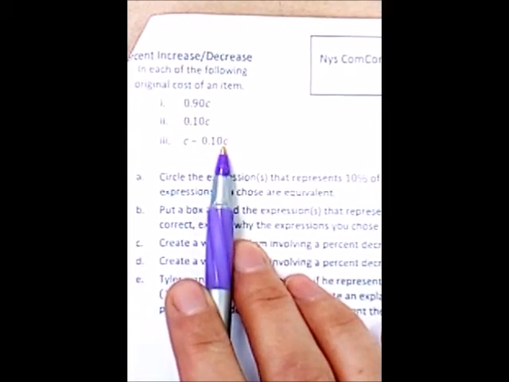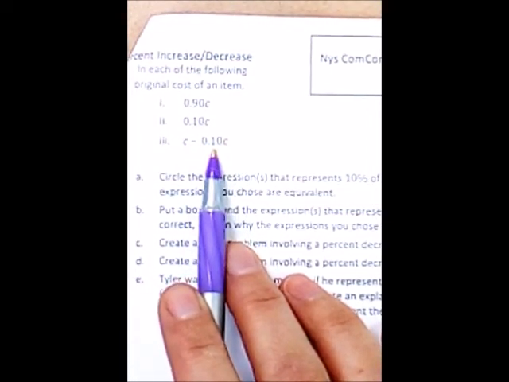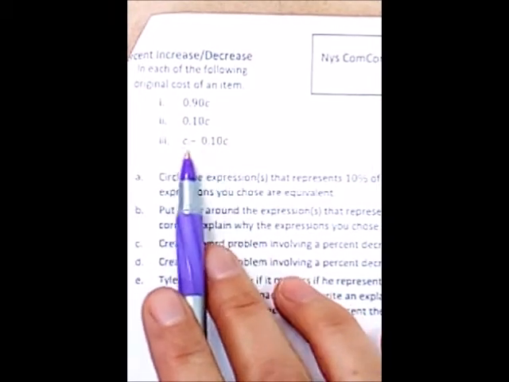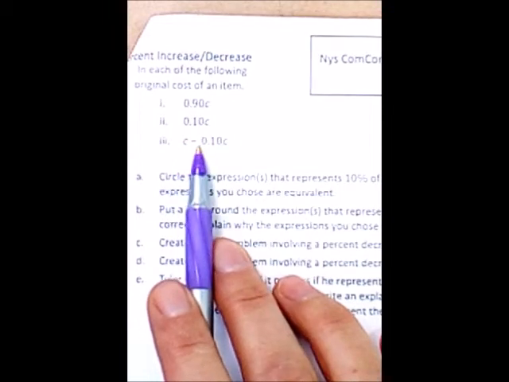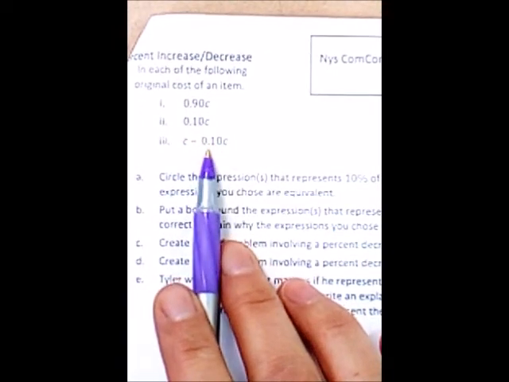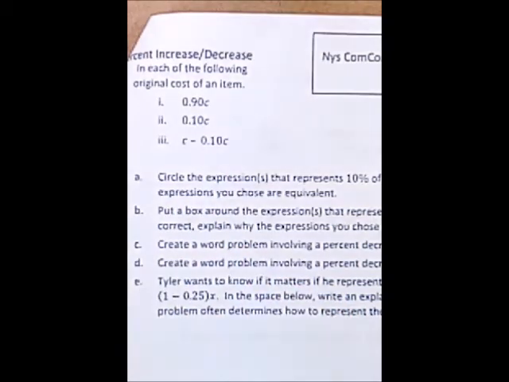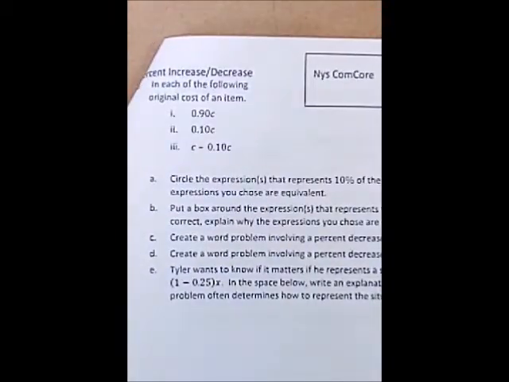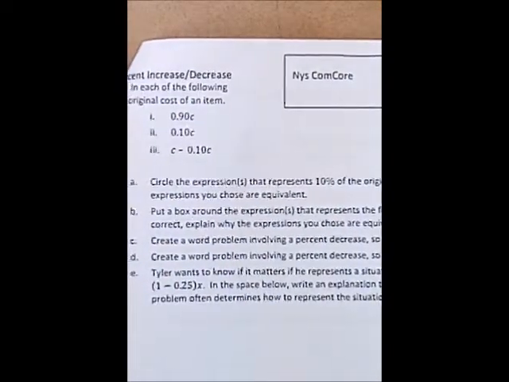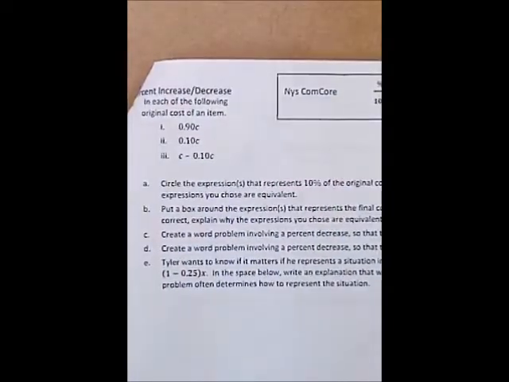What I want you to do right now is on a sheet of paper or a whiteboard, show me with a picture of a cookie. Show me a cookie taking away a tenth of the cookie. Draw that for me and show it to me. Pause the video so that when you're ready you can move on to the next section. Now I want you to, after you've shown me that cookie minus 10% or cookie minus 0.10, because 10% and 0.10 are the same thing,